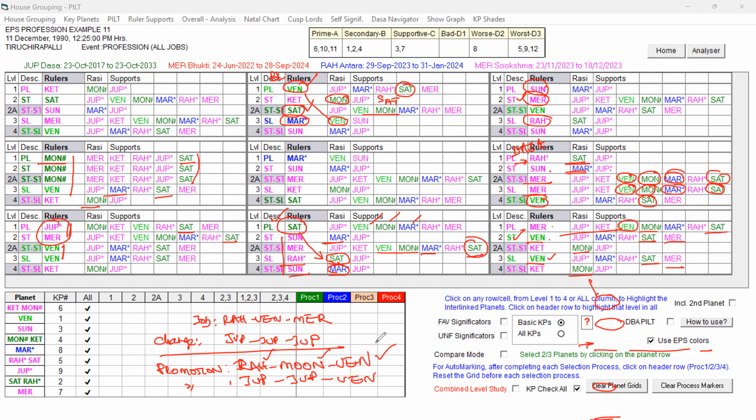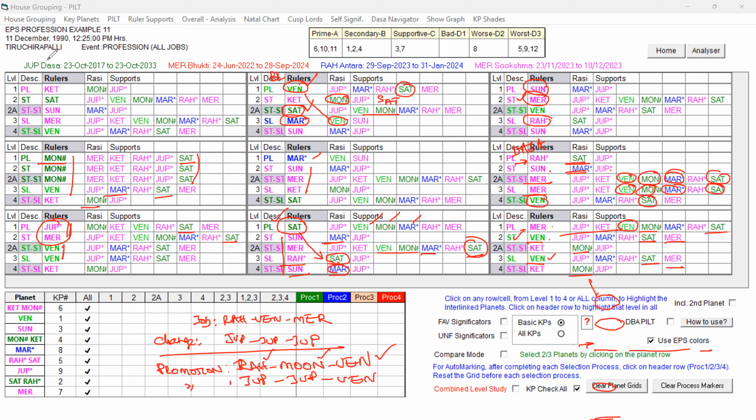So after that, Moon Bugdi is over and Mars Bugdi comes. Mars is not supportive for anything. It is not supportive for change of job, and it is not supportive for promotion either, right? Mars is moderate at star level. These planets, with a supportive signification, are not good enough for change or promotion. Then Rahu Dasa is over and Jupiter Dasa comes.